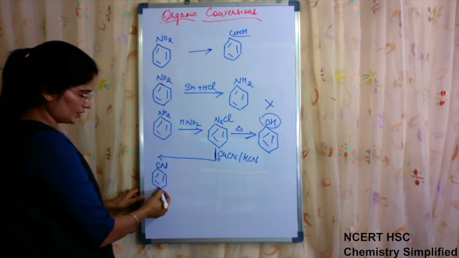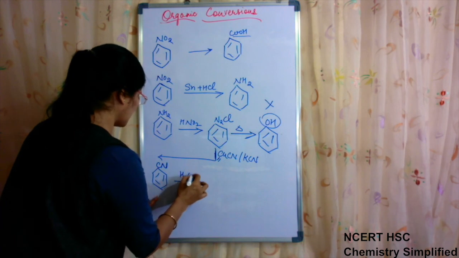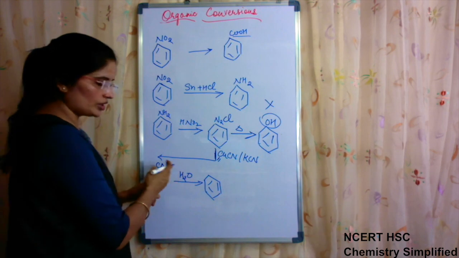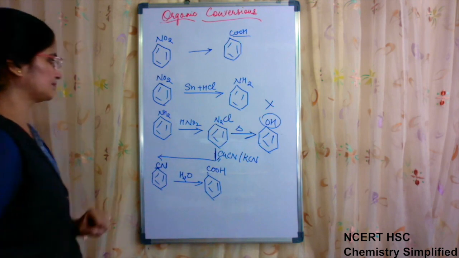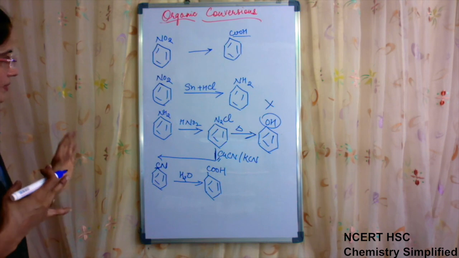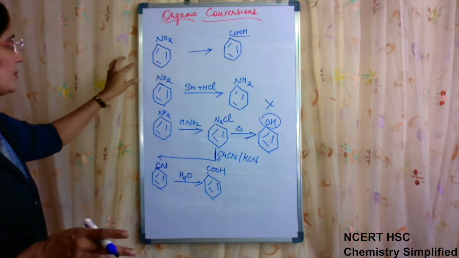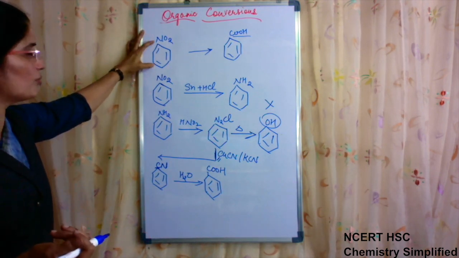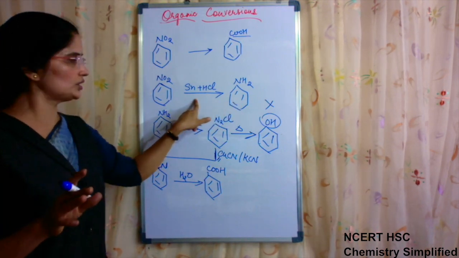We will obtain cyanide here and then this cyanide on hydrolysis. So now this hydrolysis of cyanide directly can obtain, because now we are not moving carbon from here, we are just hydrolyzing it to form acid. Okay, so this benzoic acid is obtained. So in organic conversions including aromatic compounds, we have to remember nitro group is there, it has to be converted into amine, because from nitro we cannot do any conversion. So nitro converted to amine by simple reaction reduction.